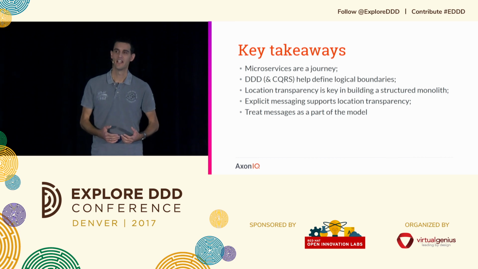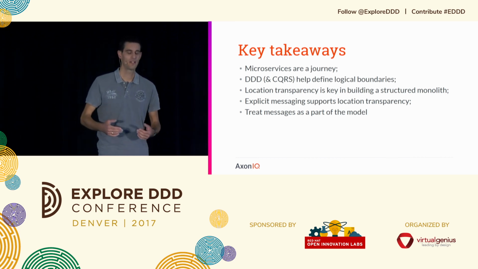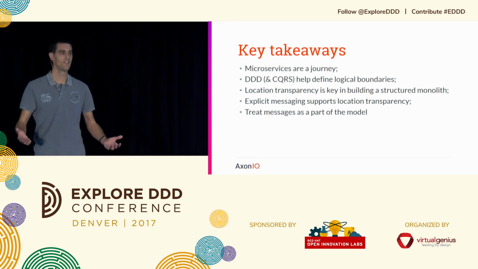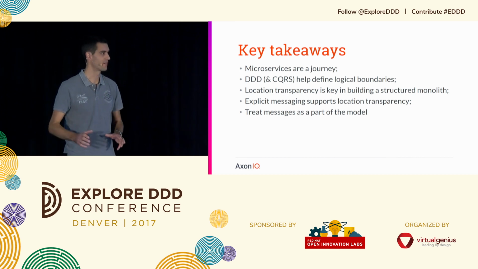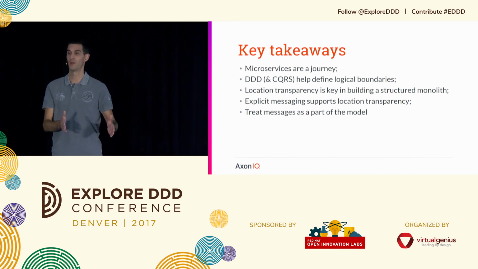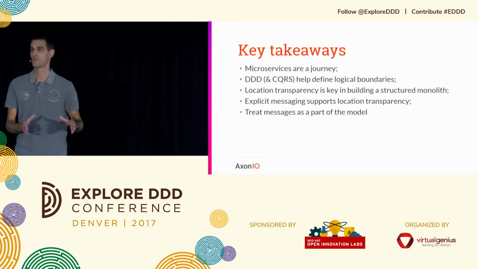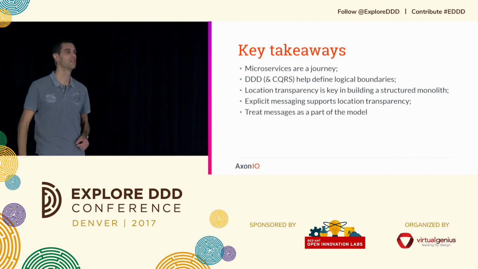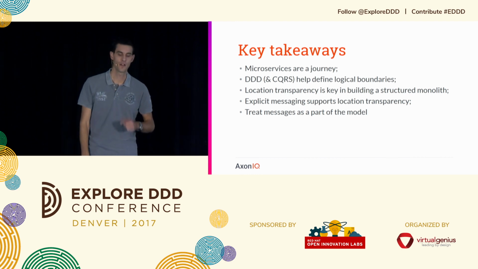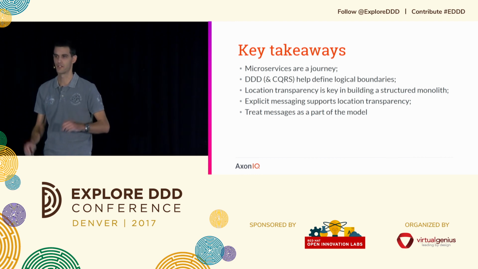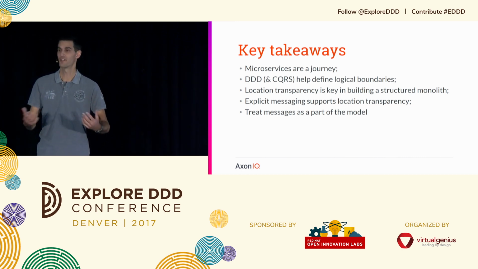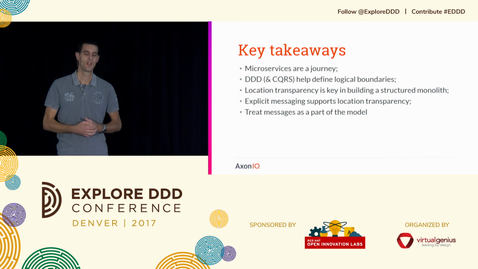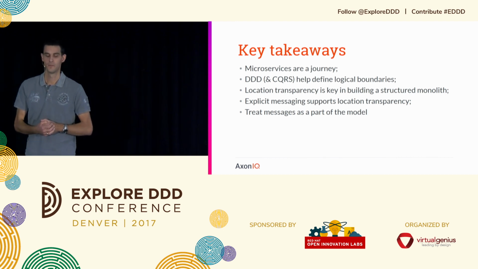Because how do you guarantee an event is really gone? How can you guarantee? It's a question I often get. I send an event. How can I guarantee that the other component is handling it? Well, you can guarantee that some way or another, but you definitely don't want the sending component to implement that guarantee. You want whatever infrastructure in between to be able to guarantee that. It's not the sender's responsibility. That's part of the location transparency. Unfortunately, it's not a term that I came up with myself, or maybe fortunately. So that's key.